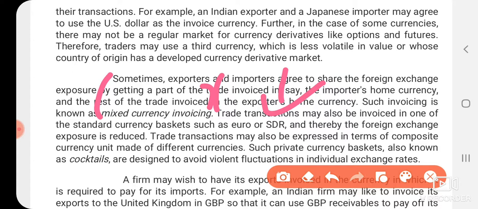Here what they are doing, trade transactions may also be invoiced in one standard currency basket. Euro is also a part of the special drawing rights only. It is also a part of the basket of currencies only. Now itself I have said to you: US dollars, euros, yen, Chinese currency as well as Great Britain pounds also. Whatever it may be. So he is saying